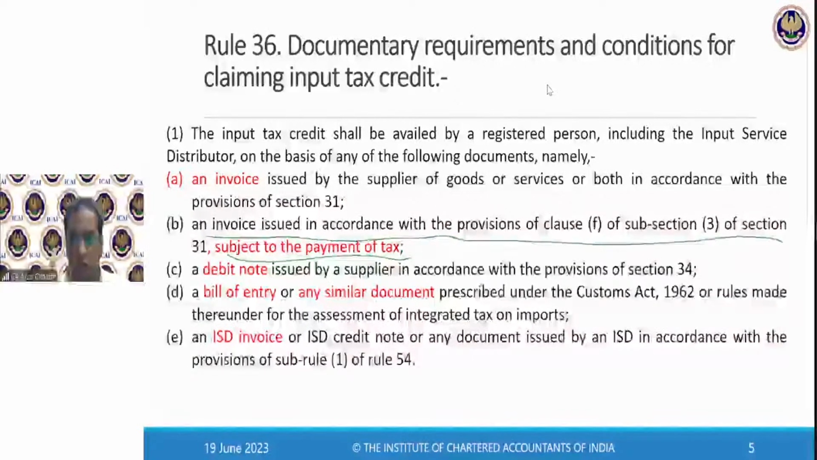एक बार confirm करना clause B, no doubt, so that I can move to the clause. In short, I can explain the concept of ISD. ठीक है ना? एक बार मुझे कंफर्म करना. 2-3 participants have asked regarding the